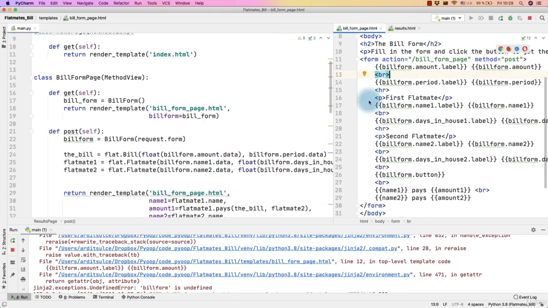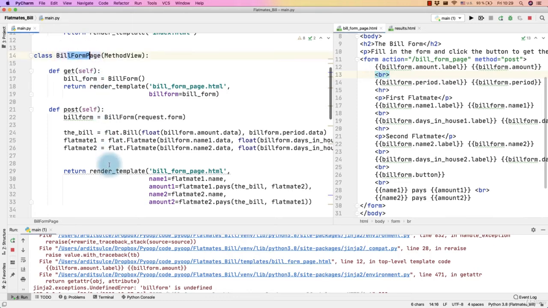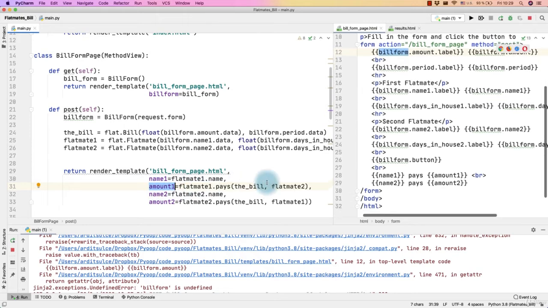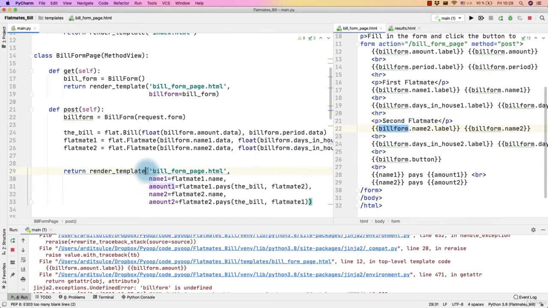It seems like when we rendered the template in the build form page in the post method, we did not mention any build form variable. We did mention name1, amount1, name2, amount2, which are down here, but all these build form variables are not being sent by the render template